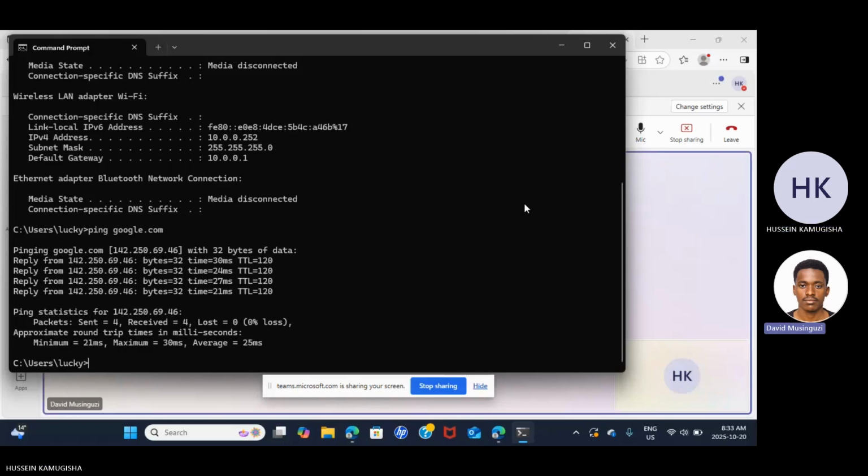So that's one way. You have to first check the IP address. We shall go into the command prompt and type ipconfig. Once you get your IP address, you can first release it so that there is no IP address, and then you renew it.